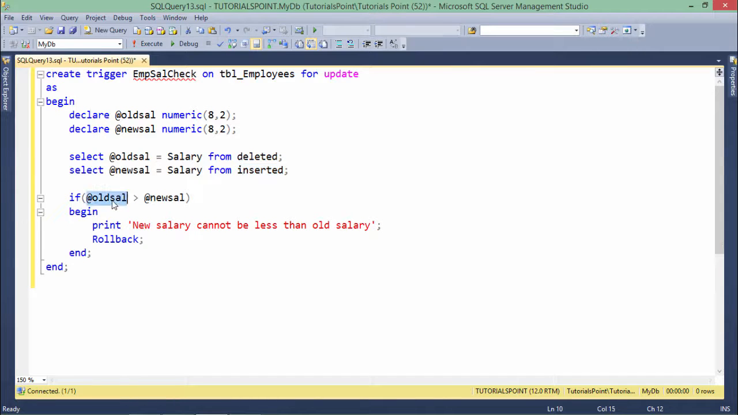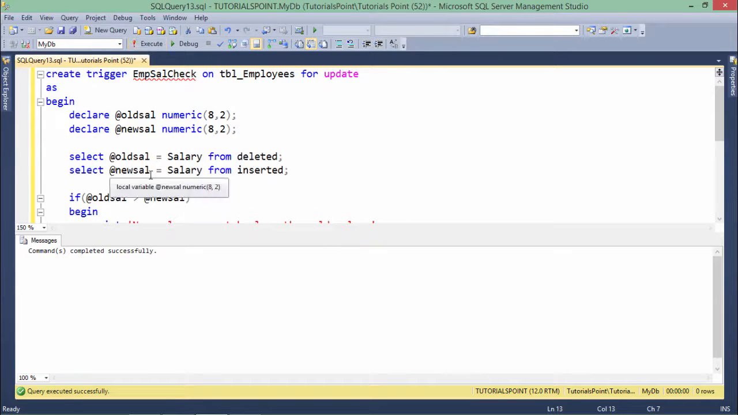If the old salary is greater than the new salary, that means this is what we are not expecting. So inside this if, I am just printing a message like new salary cannot be less than old salary, and I am rolling it back. Alright, so using this rollback command, I will undo the operation. So let's execute this, and as soon as I do that, the command completed successfully and the trigger is created